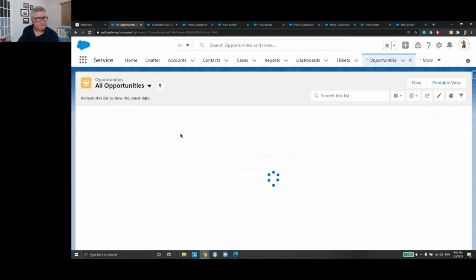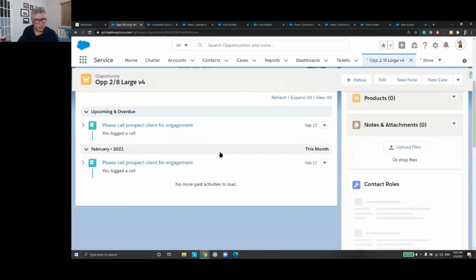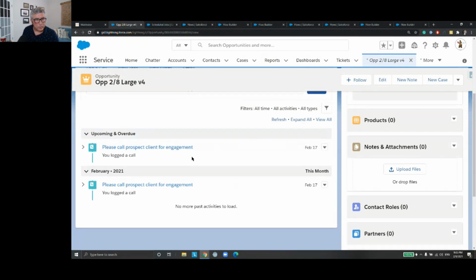Opportunities. And then if I sort my opportunities based on the created date, the most recent ones. So opportunity 2.8 large version 4. If I open this one, I see that